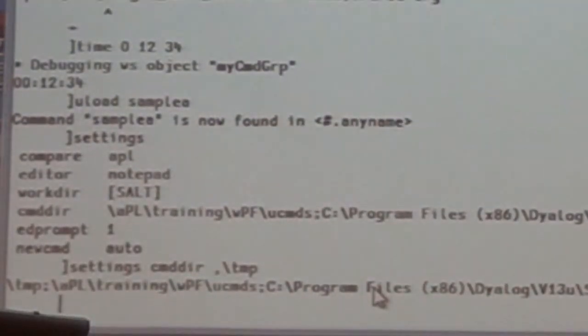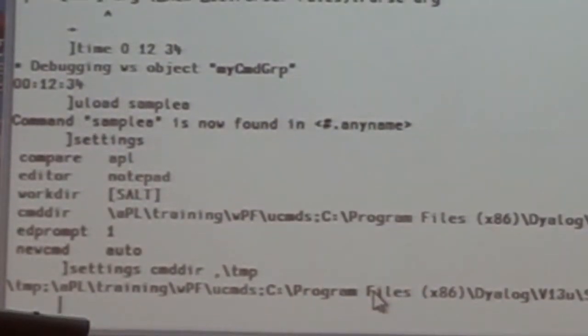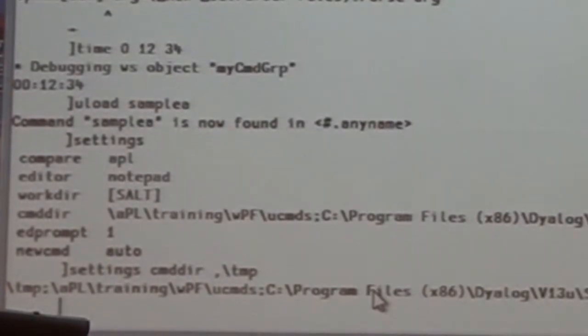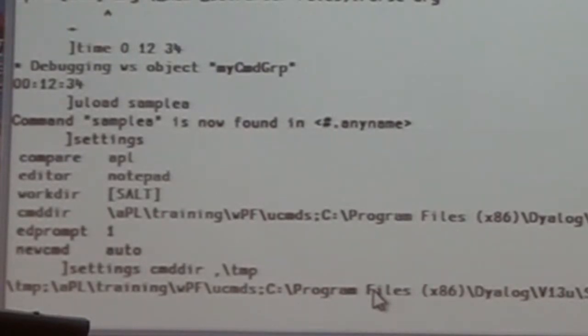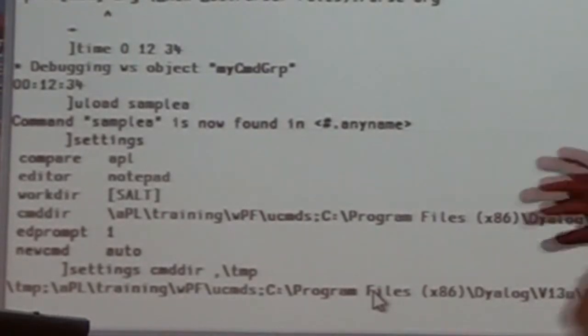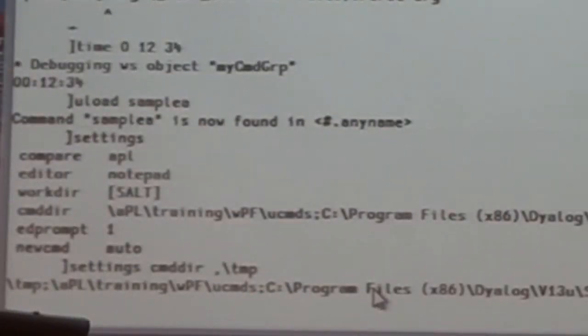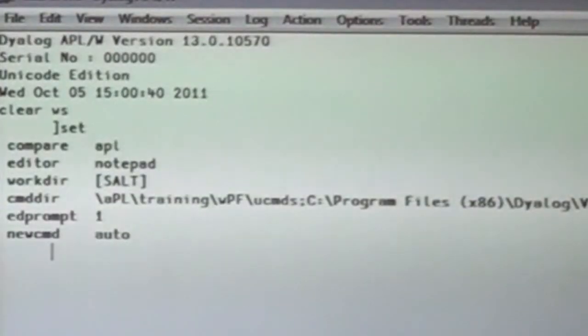So what Diane has to do now is either change her settings or just change the file location. By the way, you don't have to type the user command name, the full name. If, for example, I'm typing settings here, there are very few commands that start with the letters S-E-T. In fact, there's only one. You see, if I type only bracket S-E-T, it figured out there's only one command that starts with S-E-T,